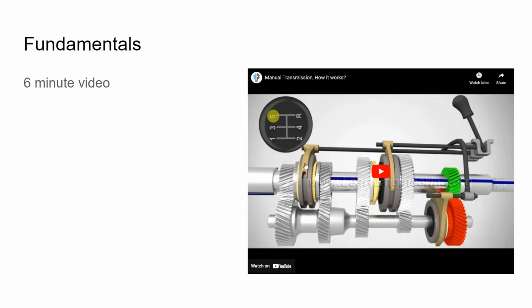I talked about shifter forks. Here's these right here related to the shifter. The video does a good job explaining how the gears and synchros and everything work. What it doesn't talk much about is the shifter, the rails, and the forks themselves. So the rails, you got one, two, there's a third rail here. This is fifth and reverse fork right here, and it sneaks around over to the other side, and there's these